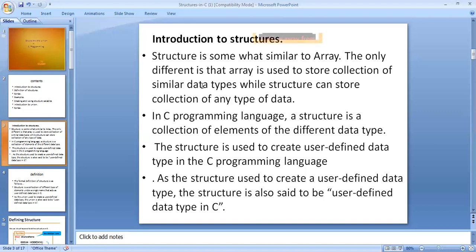For example, an int array of size 20. In this array, 20 elements are stored, but in structures, within those 20 sizes, we use multiple data types. Like int can store 2 bytes, char can store 4 bytes, and float can store 8 bytes. The structure is somewhat similar to an array, with the same memory location, but different data types are stored in the location.